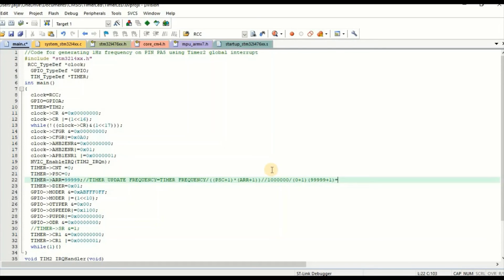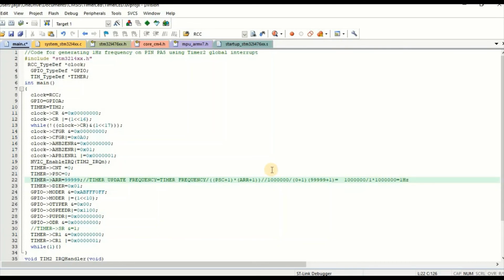So the value we are getting will be around 1 hertz.